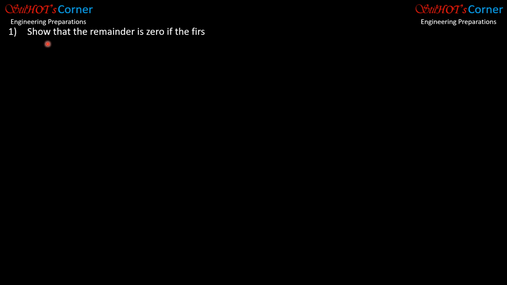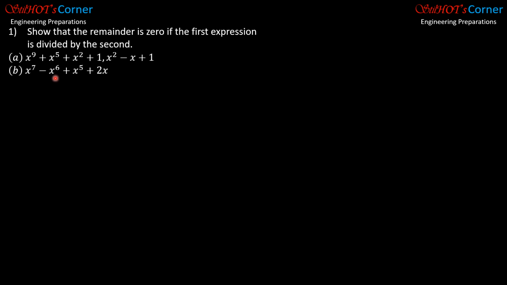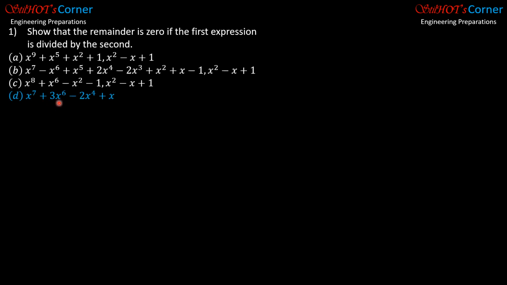Show that the remainder is zero if the first expression is divided by the second. So I prepared three parts for my part and one for your part, which is part D. So for the first part, the expressions have missing terms. So we include the missing terms so that they will be in descending order of the exponents. So we have 1a,